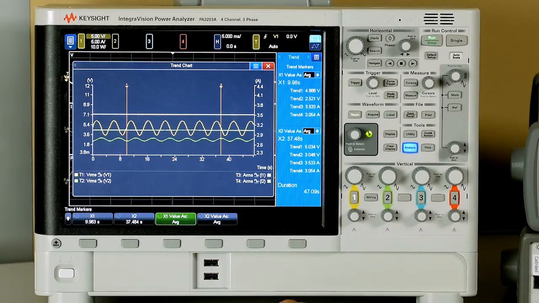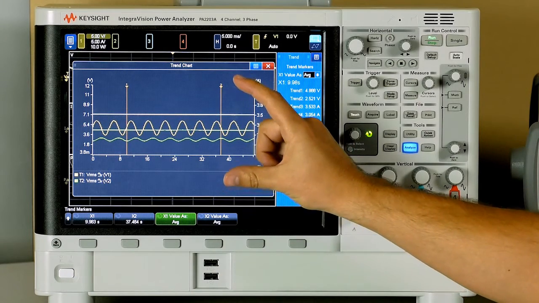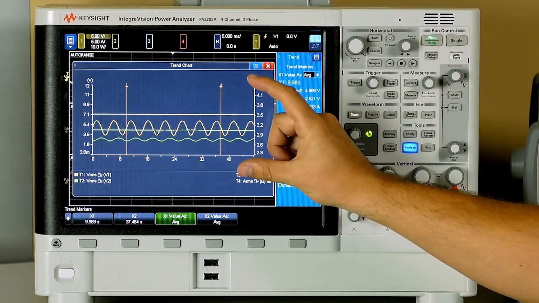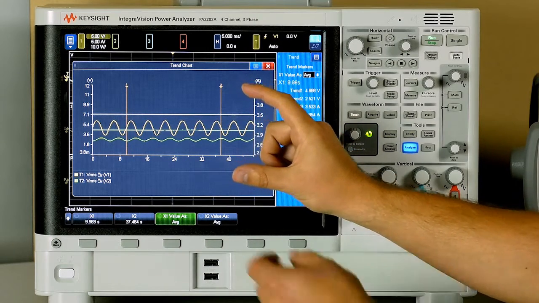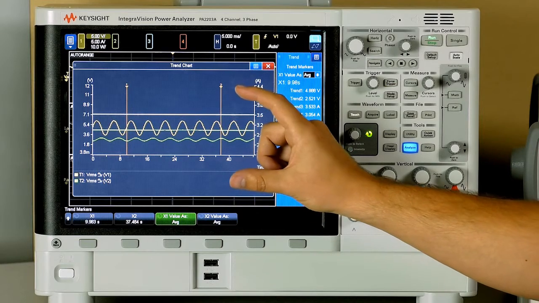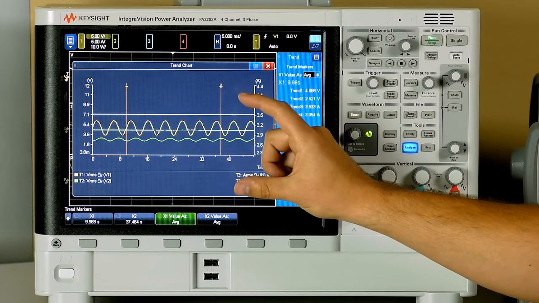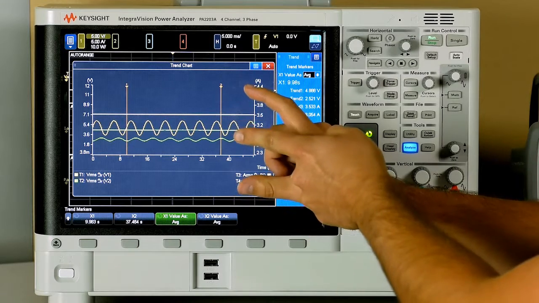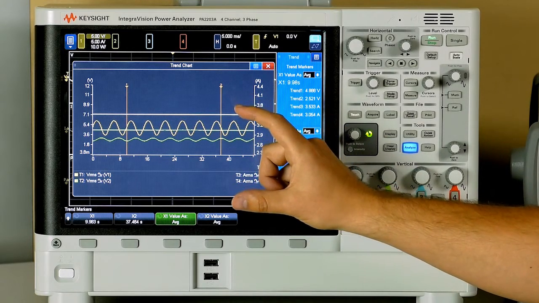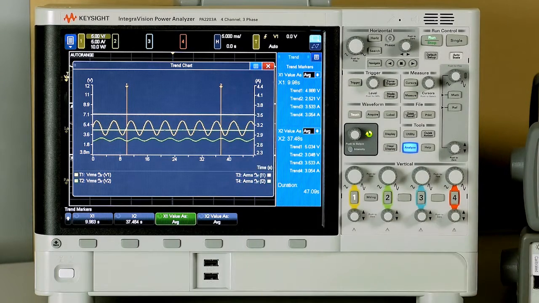Now what that means is that as we accumulate time, our lines actually thicken, and this will change what the markers actually report. So as the lines thicken, the time here increases, and we can report back what was the maximum, what was the minimum, or what was the average value we saw during that time.